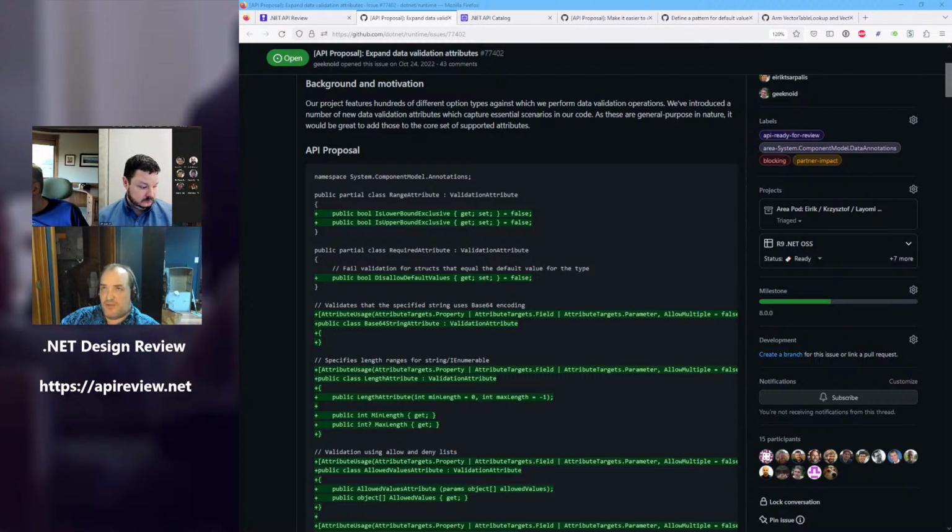So if you've specified that and it's a reference type, then it calls instance.equal null, and if that returns true, then it bails. Personally, that would be my expectation given that name. I'm not saying we should have that behavior if it doesn't make sense, but that name suggests that to me.